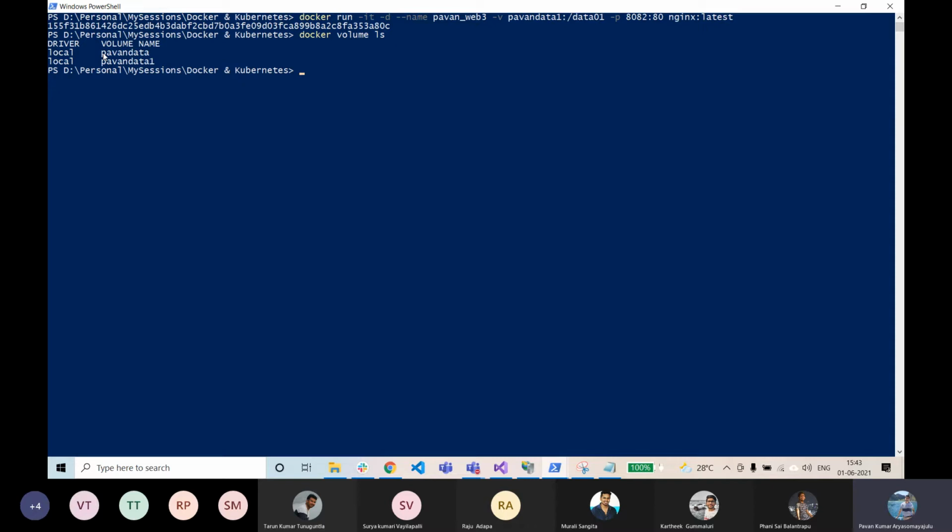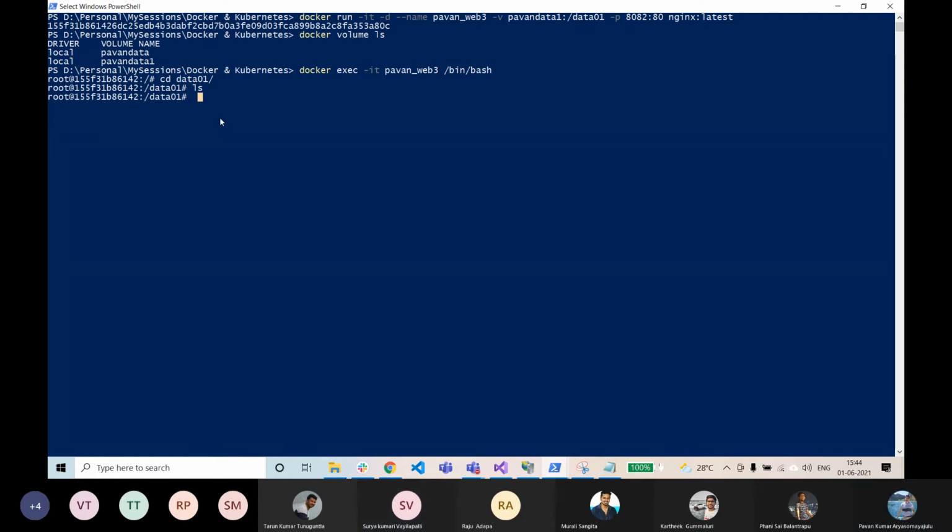Now you can see two different volumes. This container is associated with pawan_data1. Now let me get inside this container. So you're not seeing the data, right?